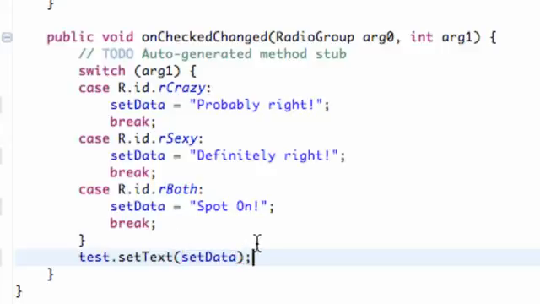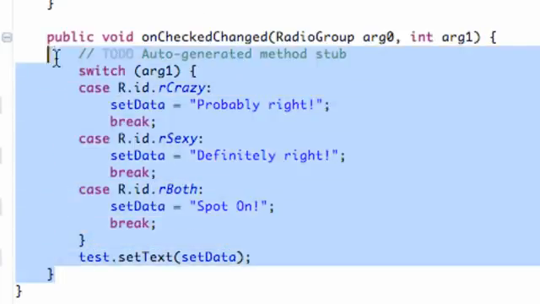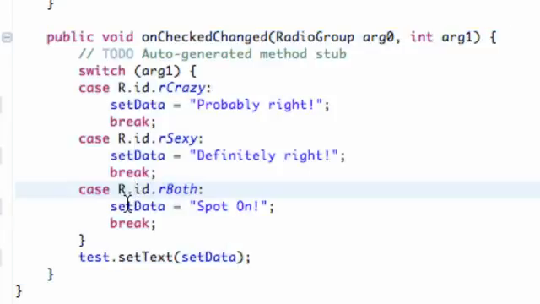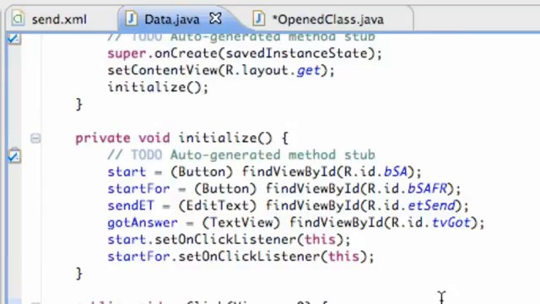So there we go. Basically, as you can see, here's our switching case, but we're still within our on-check change listener right here. So basically it's going to go through the switching case, set this data up according to which radio button's pressed, and then it's going to break the switch statement, and it's going to call this method where it's going to change the test text. So there we go, we basically set that up, and now we're going to set up our